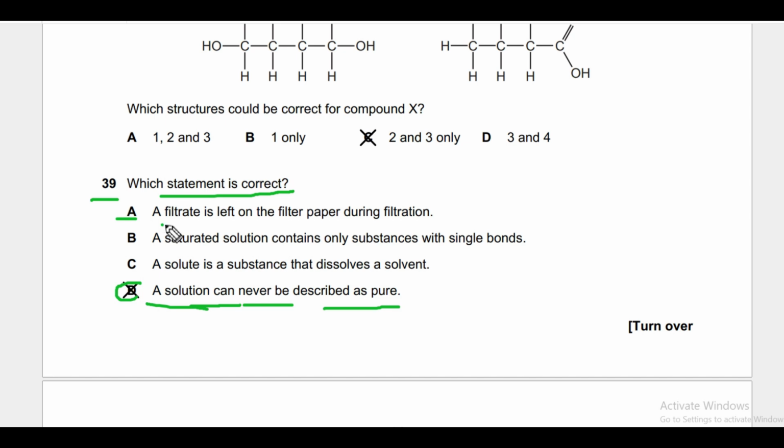Why is the other wrong? A filtrate is left. No, filtrate is not left, residue is left on the filter. This is wrong. A saturated solution contains only substance with single bond. This is wrong. A solute is a substance that dissolves a solvent. No, a solute is a substance that dissolves in a solvent. So this is the right answer. Next,